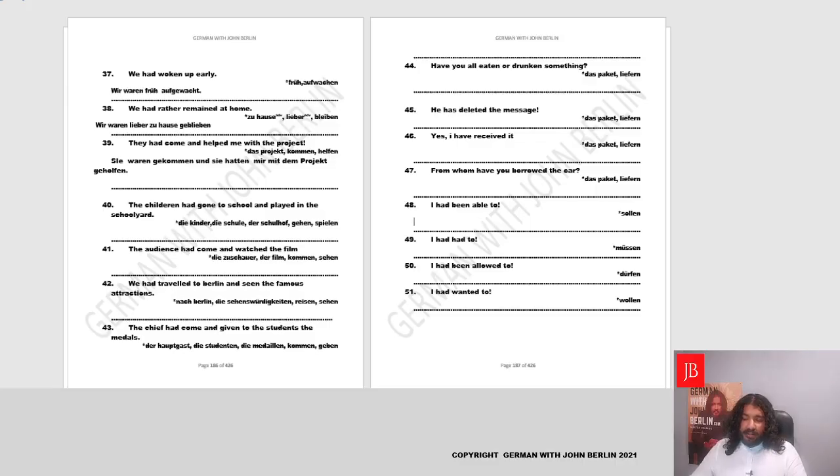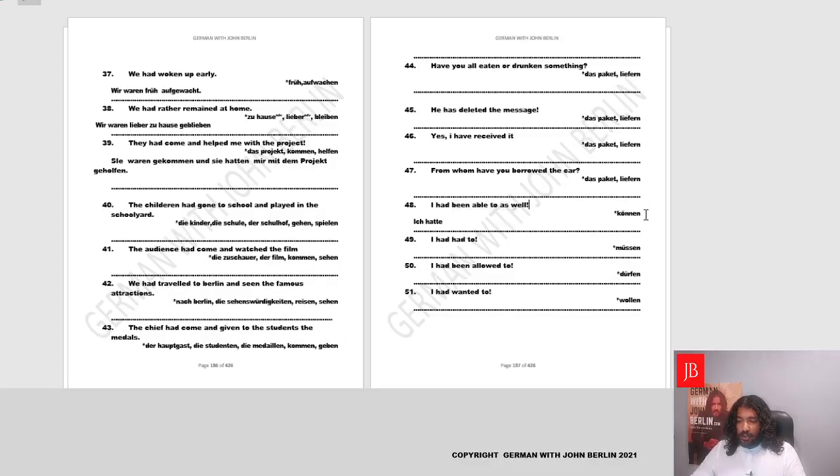These are context-based questions. For example, I had been able to learn German easily. You say I had been able to as well. Let's recall, we learned this. So you'll use the verb können, which is the verb to be able to, remember? Very good. Let me write it here, and it came out looking something else. Let's correct this. Können. Very good. So how will we use it? Same rule. We look at the verb to determine the helping verb. Können, it's a normal verb. The helping verb would be haben. The tense is past. We'll change it to hatten. Conjugated for ich hatte.